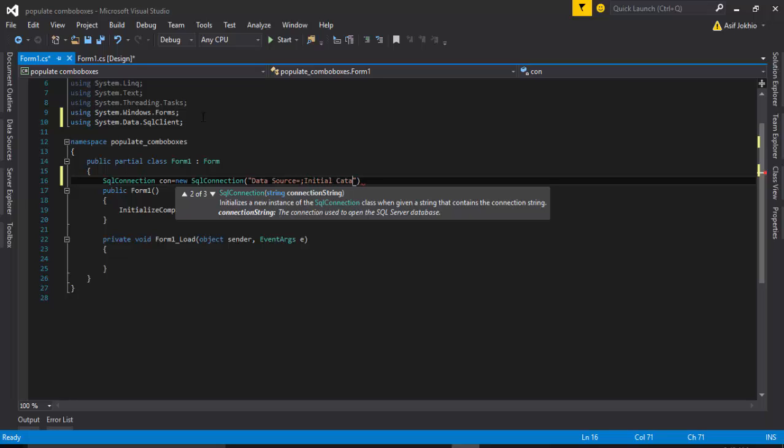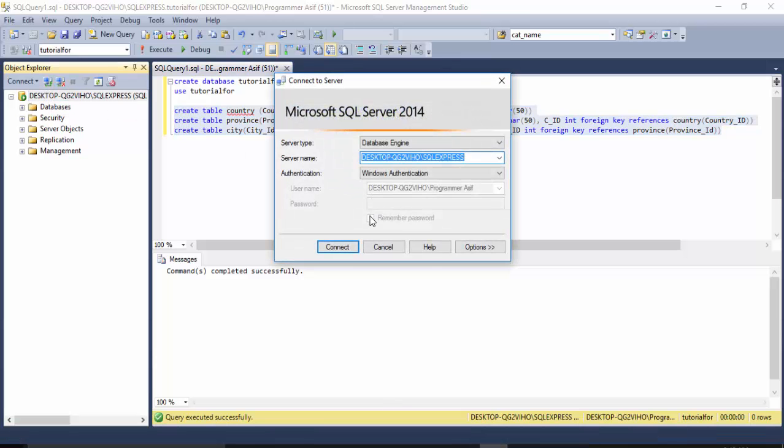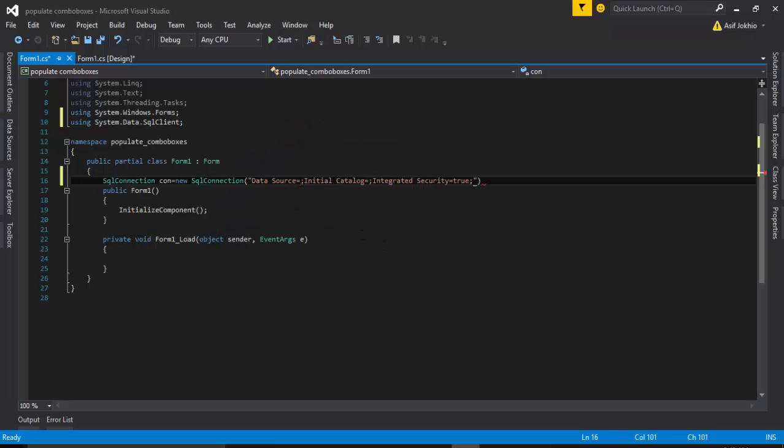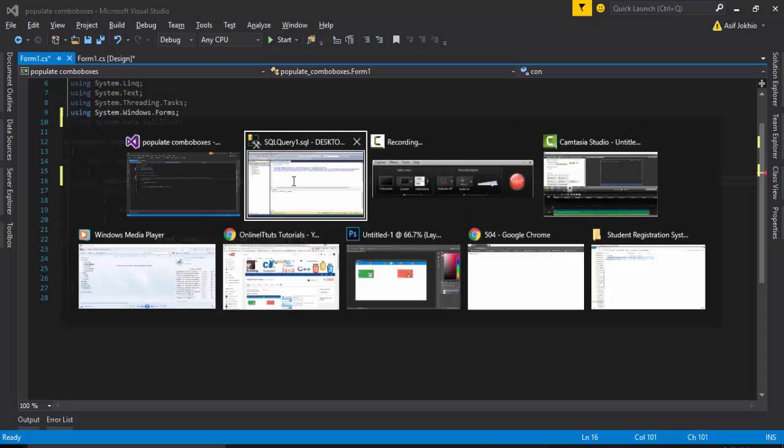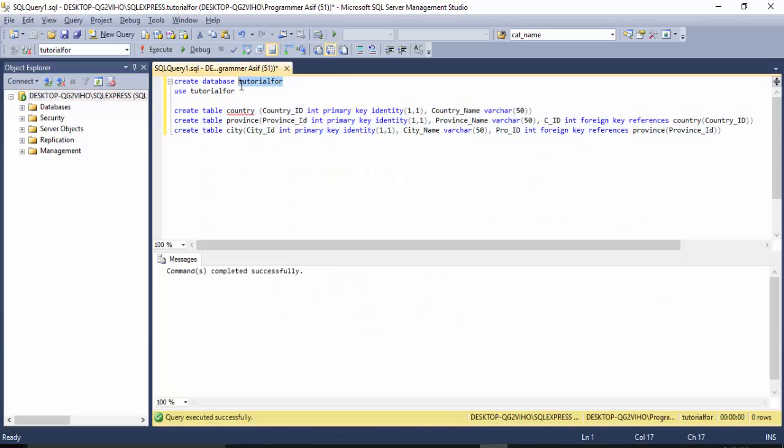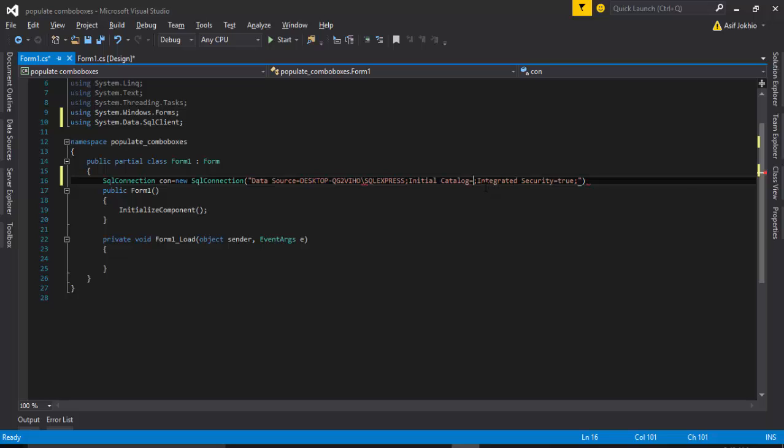initial catalog and integrated security. Integrated security is true, right? And for data source, I go to my SQL Server connection portion, copy the server name and paste it. My database name is tutorial 4, copy it and paste it in initial catalog, write the terminator, close the terminator here, and write the backslash,